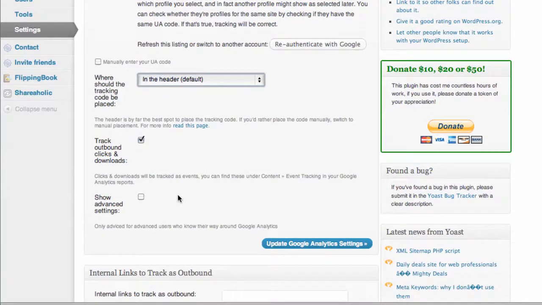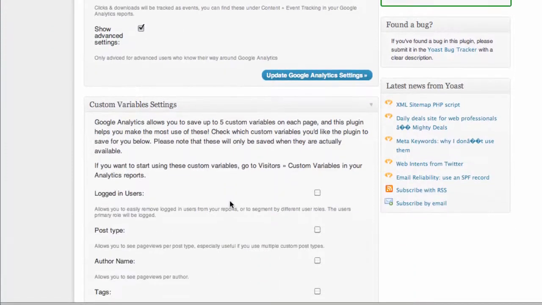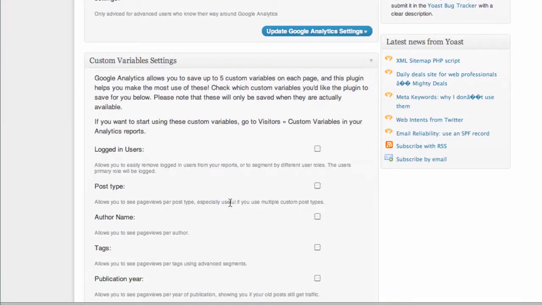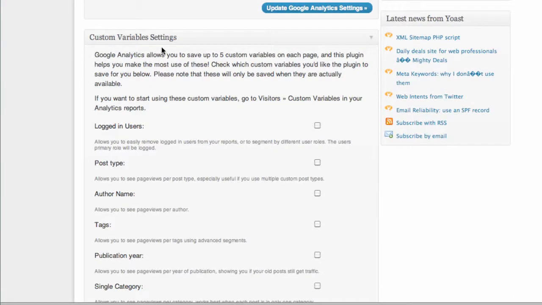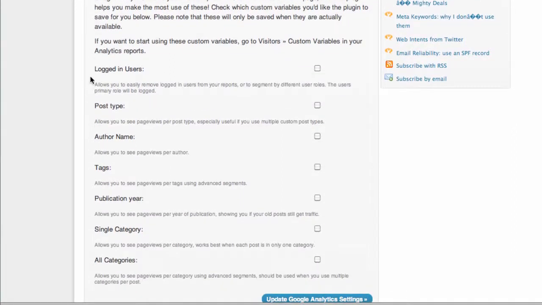You can also show, by clicking this box, it will open up two boxes where you have some advanced settings that you don't need to change, but you can. So first we have the custom variable settings. So here you can actually track specific variables. These variables are as listed. You can track all the logged in users, you can track specific post types, you can even track different authors